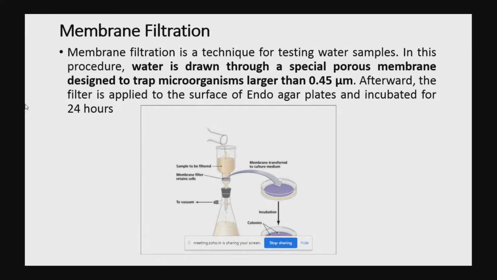In this technique, we use a membrane filter, and using a membrane filtration assembly, we place that membrane into the assembly. First of all, we pre-wet the membrane using a solution like 0.1% peptone, and after that we filter the product, which is easily filterable. After filtration, we give some desired washing, take that membrane and transfer it onto the agar media. After transferring, we incubate the plate at the desired temperature for growth of the microorganisms.